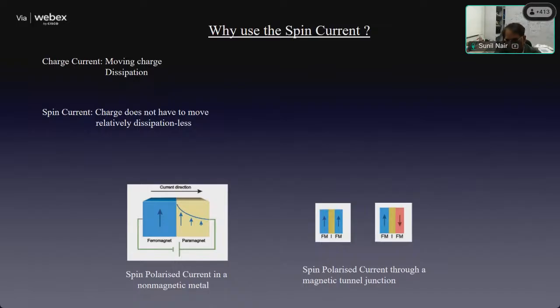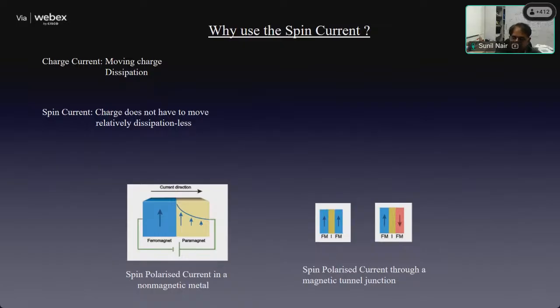So what is basically happening at the microscopic level is that you have electrons moving. These electrons interact strongly with their surroundings. They scatter with other electrons. They scatter with phonons, lattice defects, and so on and so forth. And by doing so, they dissipate their energy. That energy is dissipated in the form of heat, and that gives rise to Joule heating. And that is the principal energy loss mechanism at play. It becomes extremely critical as one goes to smaller and smaller sizes.